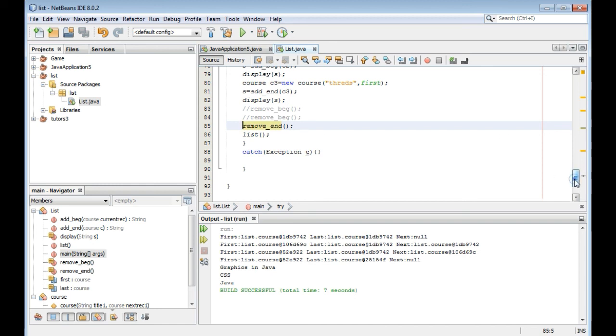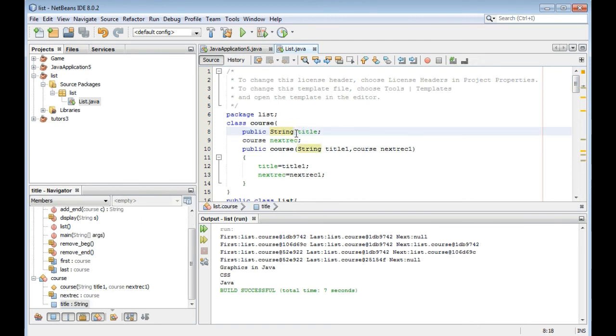In the stack there is a top, and a queue is another kind of linked list, where there is a rear and a front.